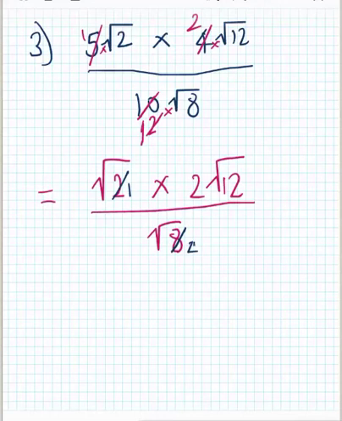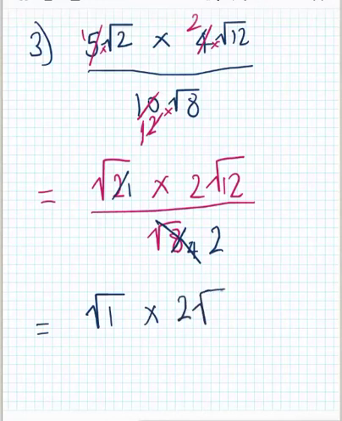Okay. And then I can also see that the square root of 4 is actually 2. So I'm going to cross this whole thing out and I'm left with a whole number 2. Okay, and let's see what I've got left. So I've got the square root of 1, and of course, I'll write it out here so we can see. So the square root of 1 times 2 square root of 12